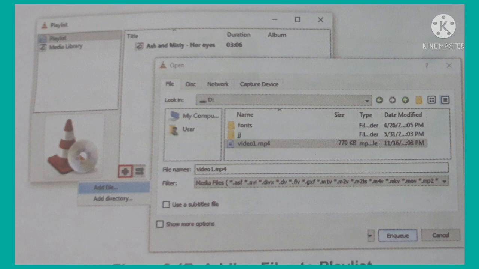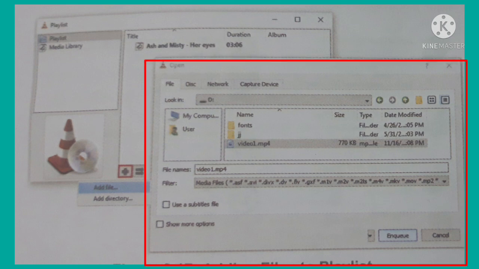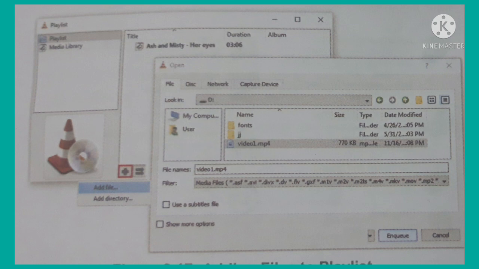When you click on the Add file option, the Open dialog box appears. There you can browse the files that you want to add to your playlist, and after that click on the Enqueue option.